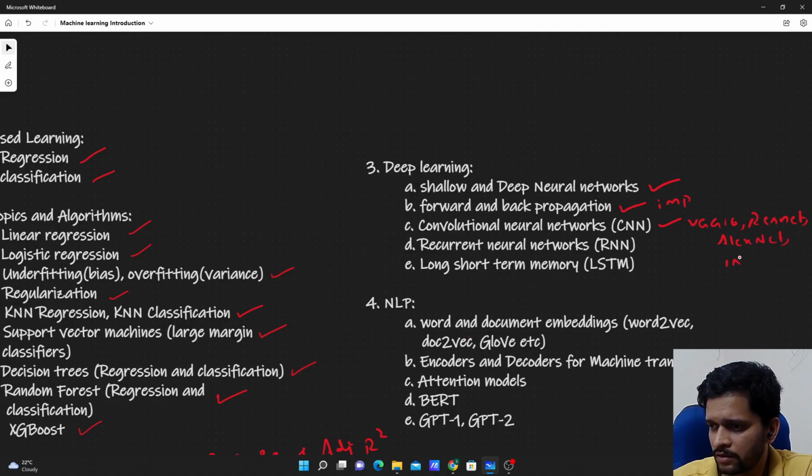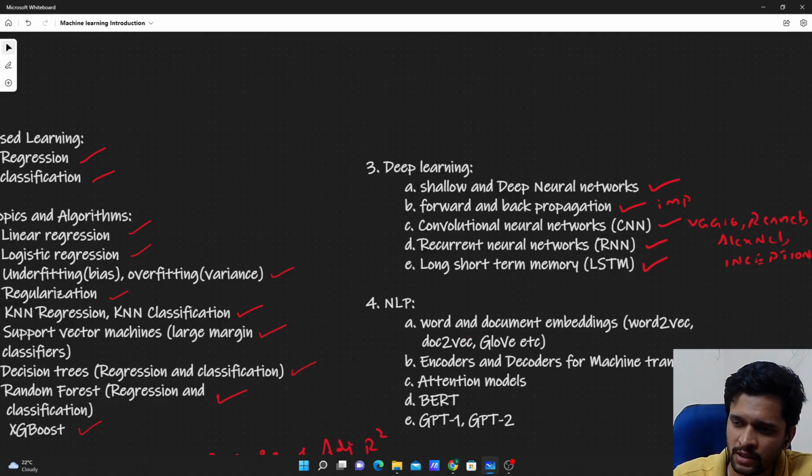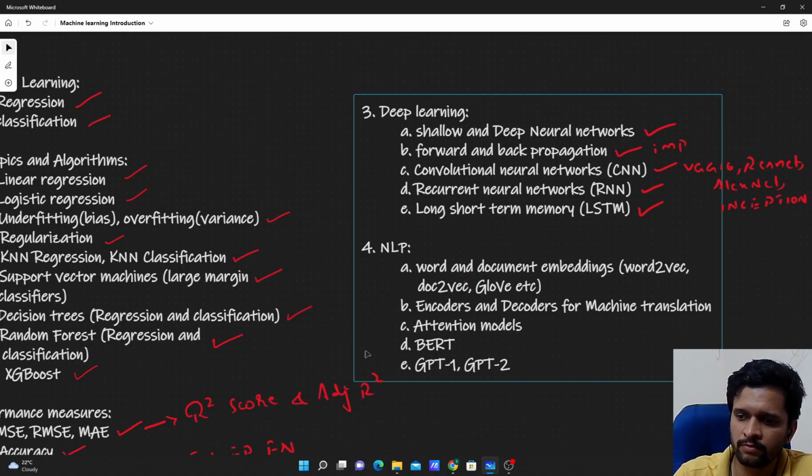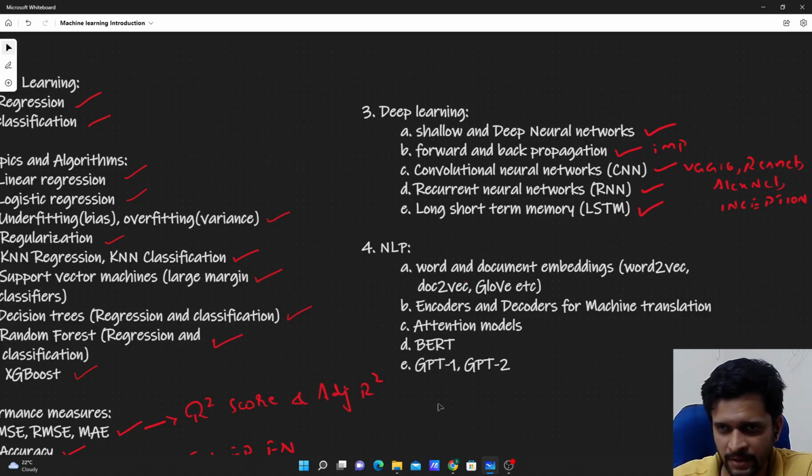There is another very important network called Inception network, and this is also very popular. So I'll talk about all these things along with the in-depth math intuition. Then I'll talk about recurrent neural networks and LSTMs. Once I cover these things on deep learning, I will go on to make videos on NLP, that is